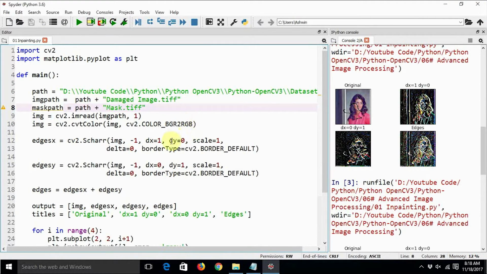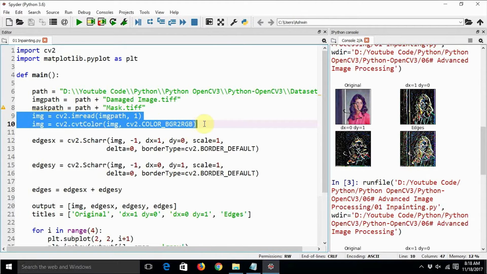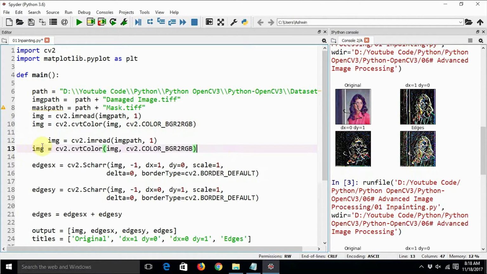Anyway, we are reading it in color mode and converting it to RGB. The same way, we need to read the mask image and convert it to RGB. So in place of img, we'll just say mask.